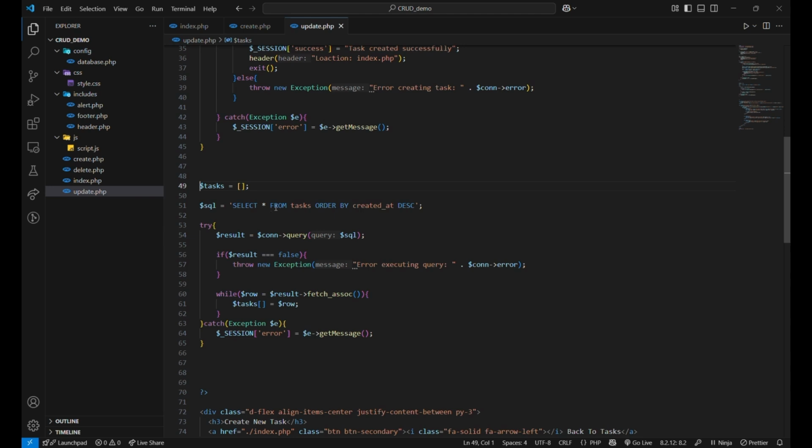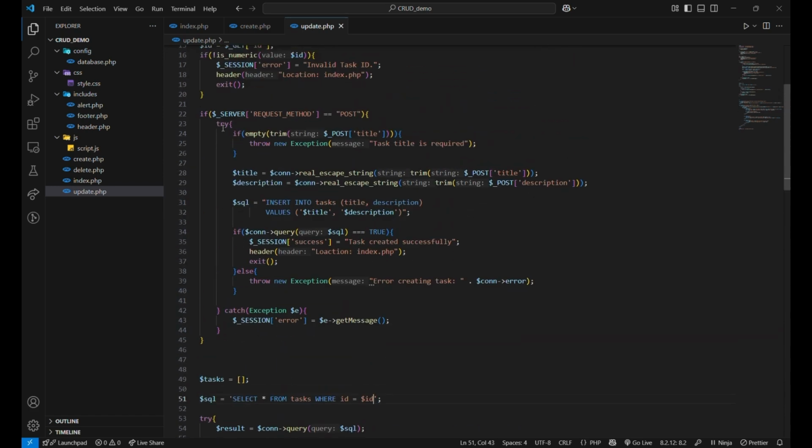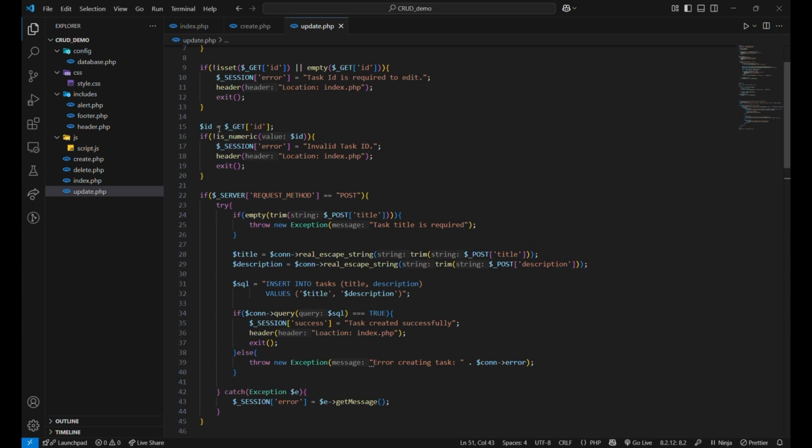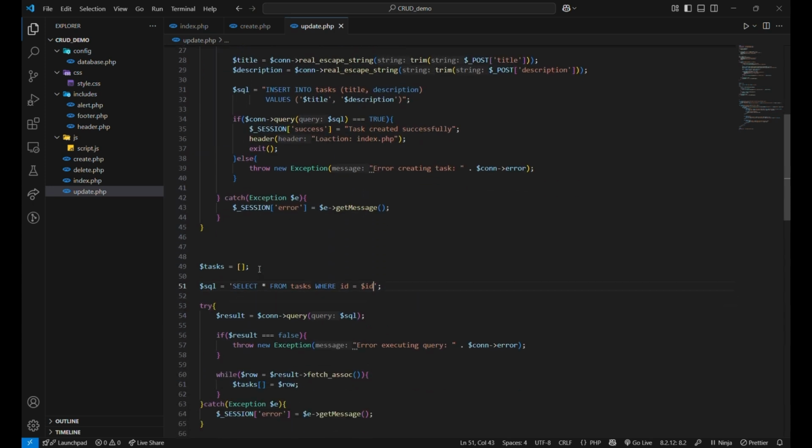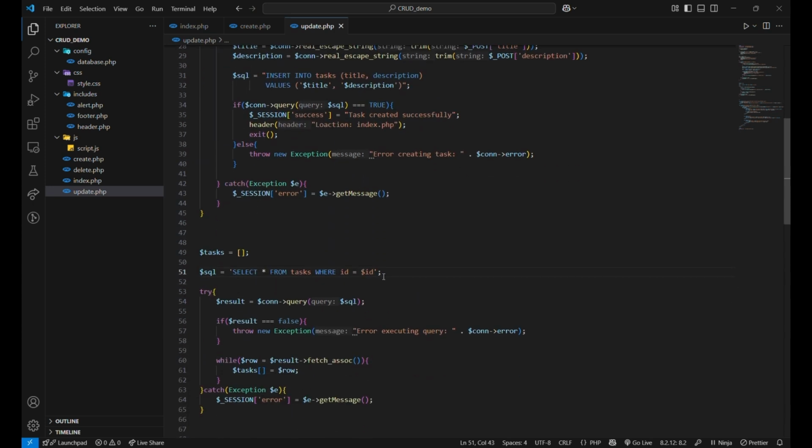Okay, the query will be select star from task. We don't need this order by, where ID will be equal to the ID that we store over here, this ID. Okay,